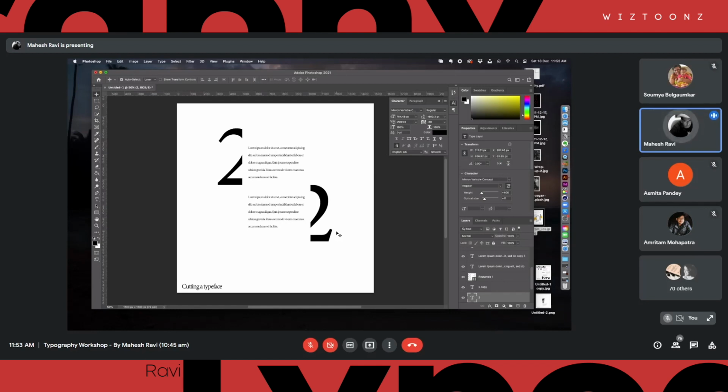Let's think about the elements we used to create this particular layout. There is only text. Is there any color? No, sir. There is no color, no shape, no image. We just used typography, but with typography we were able to create something better, right? I would encourage you to experiment with this kind of stuff so that you can create some interesting compositions. So let's save this also into our example.